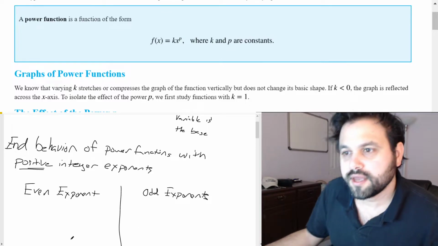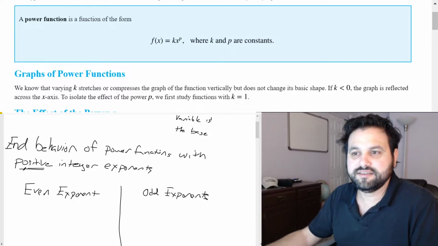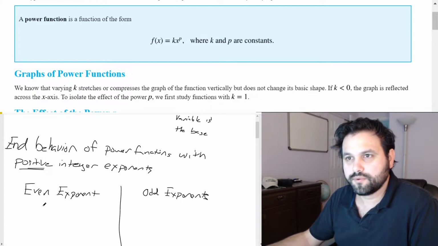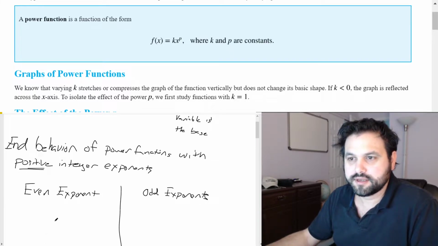Okay, so if we have a power function that has an even positive exponent, then we're talking about the end behavior in the long run. What that's going to look like